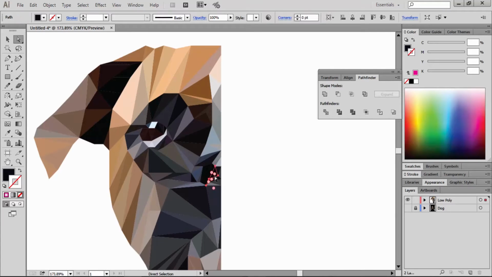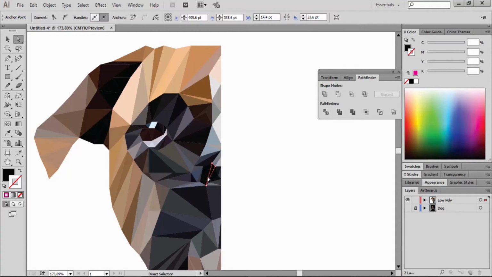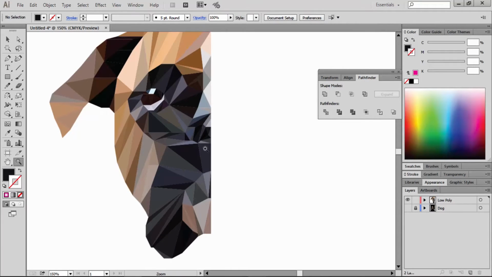If you feel that yours is okay as it is, you can leave it like that. I'm just going to change some of these colors on the nose, play around with some darker tones so that it actually looks like a dog's nose.